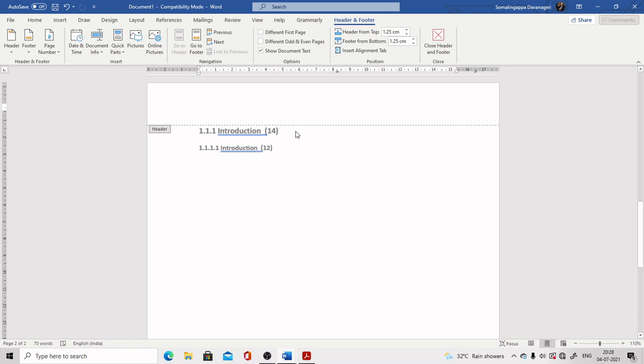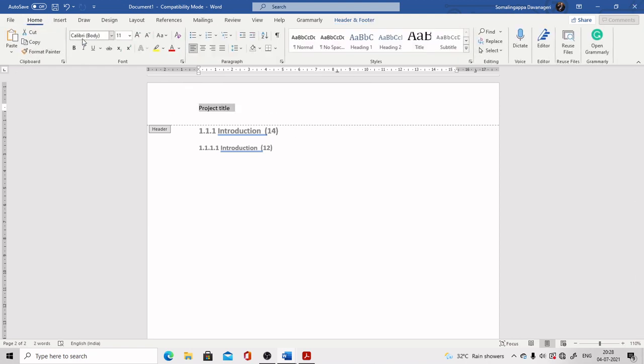Now provide the header name as your project title here. Now this has to be a font size of either 10 or 11. It may be justified on the right hand side or the left hand side. Okay. So now we can make it bold italic.